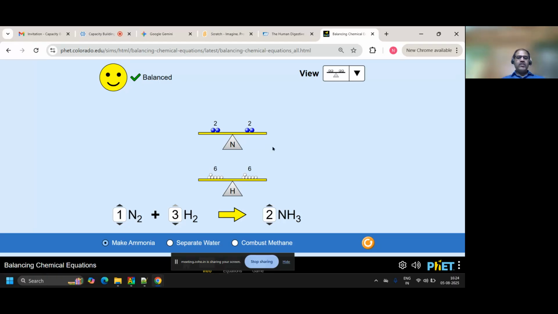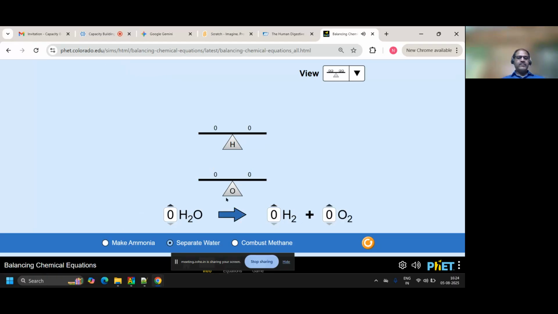Now, water, H2O. I move to H2O getting separated to hydrogen and oxygen. Now I increase oxygen to 2. Now I increase hydrogen to 2. Now I increase this 2. So the moment I increase either up arrow or down arrow,